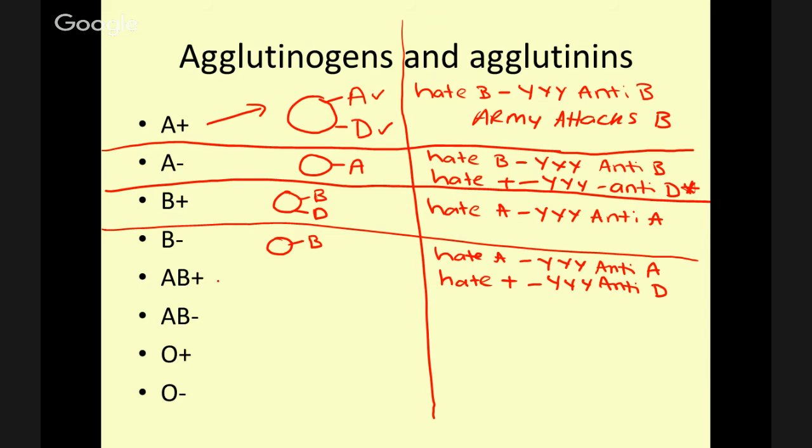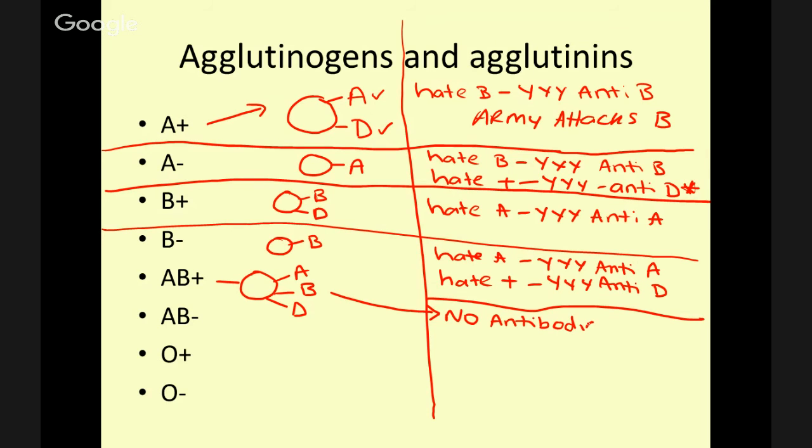Now, if you're AB positive, you're going to have flags for A, you're going to have flags for B, and you're going to have flags for D. So you have all three flags. So AB positive people are kind of weird because they have no antibodies. So they are called the universal acceptor. Remember, if there's no army to attack, there is